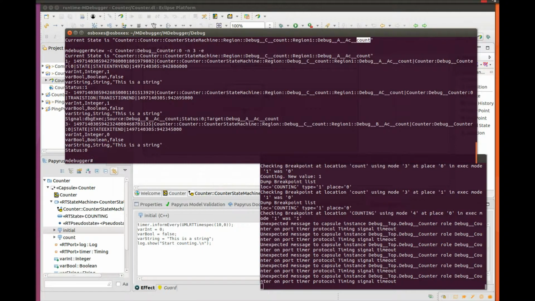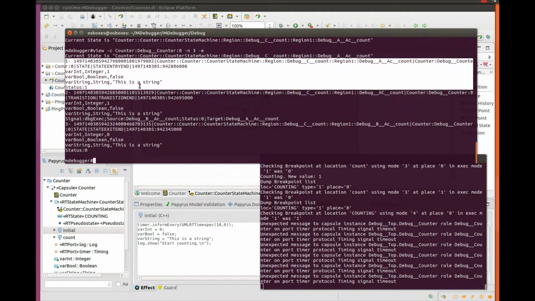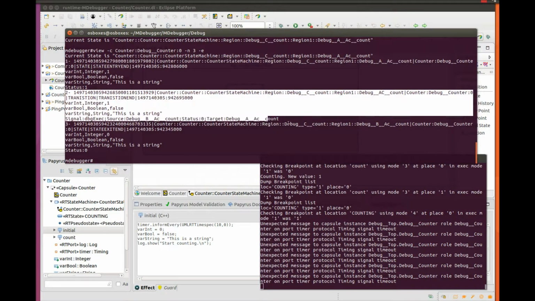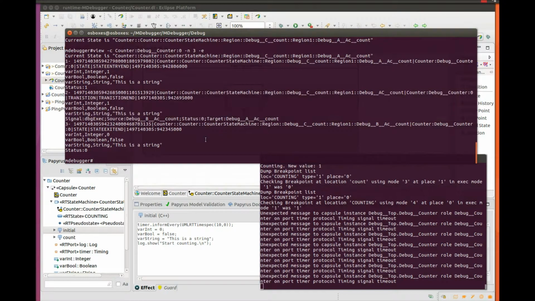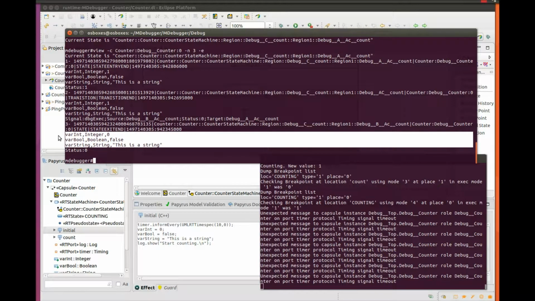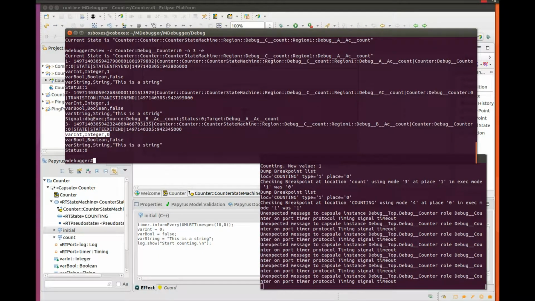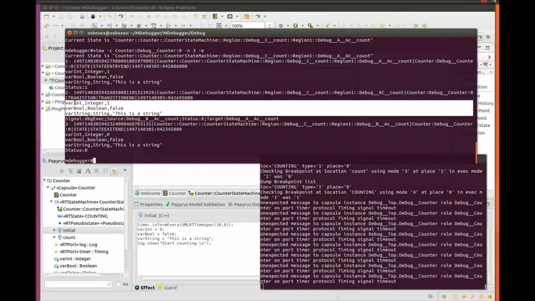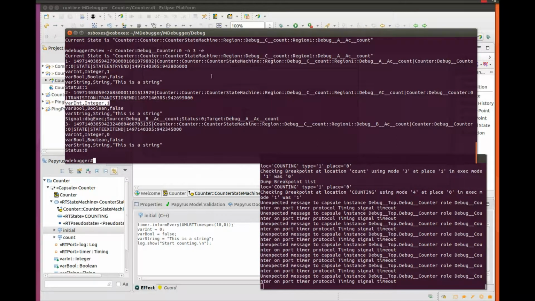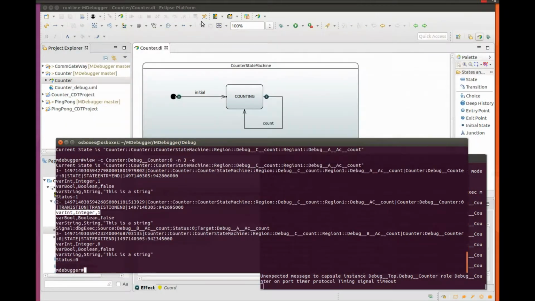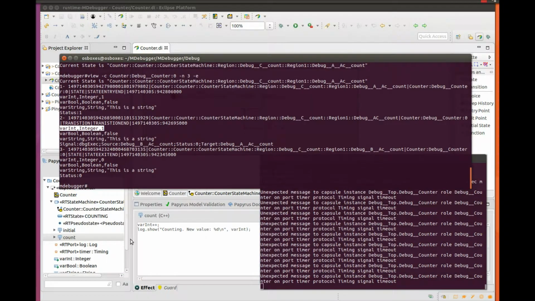I asked for the last 3 events, and I can see that I have different values for each event. We can see that the var integer increased at some point when the transition was taken, which conforms to the action code that we put for the transition.